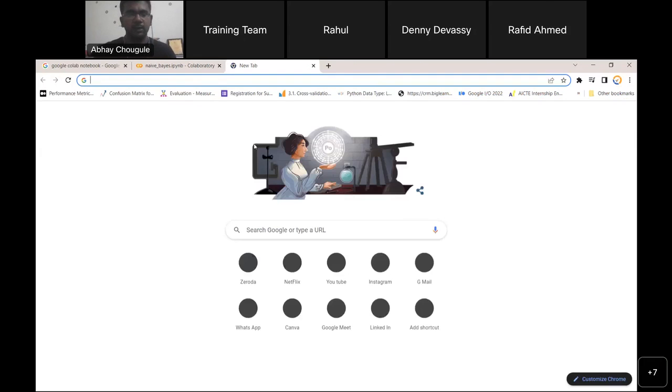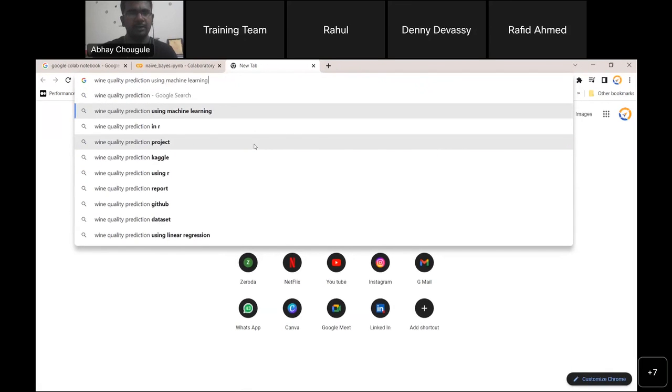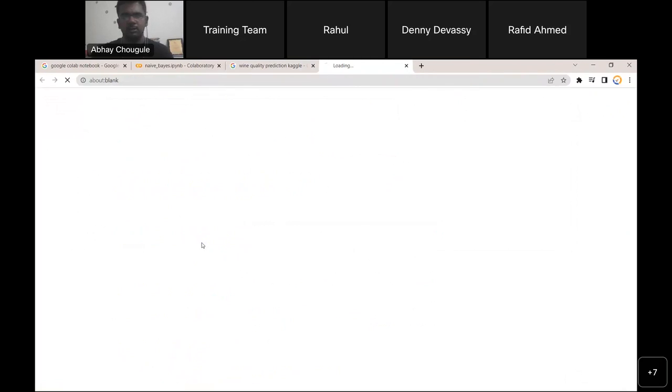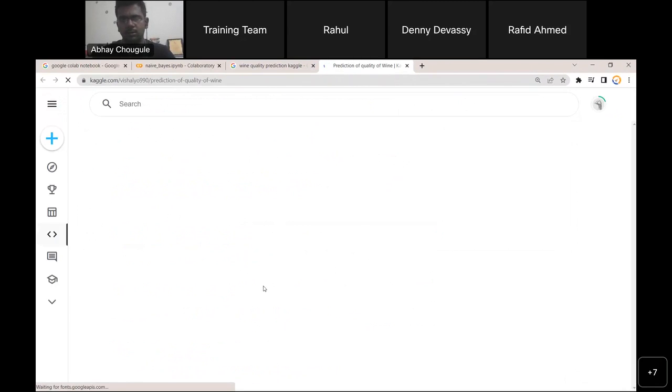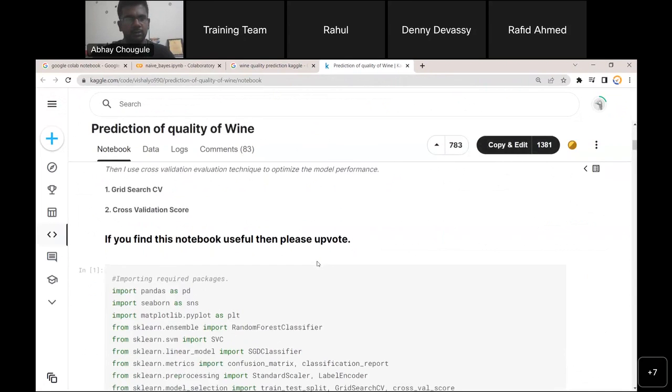Do you know the wine quality prediction on Kaggle? I think previously I have shared the data set. Is it? Have you? I will share the link too. You can go for the assignment on this one. Okay. You have to predict